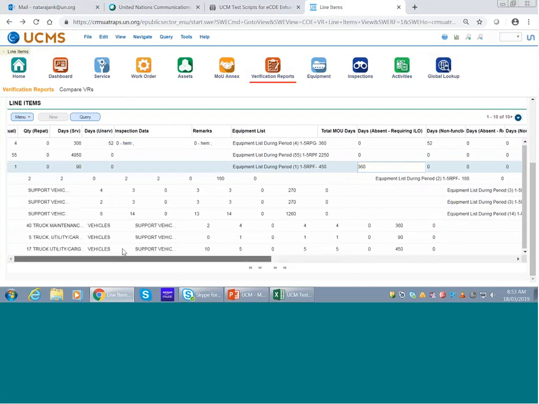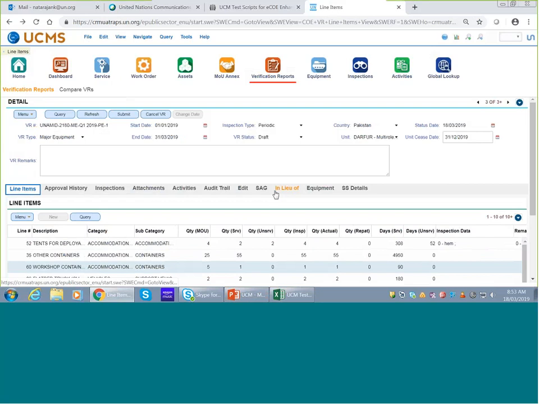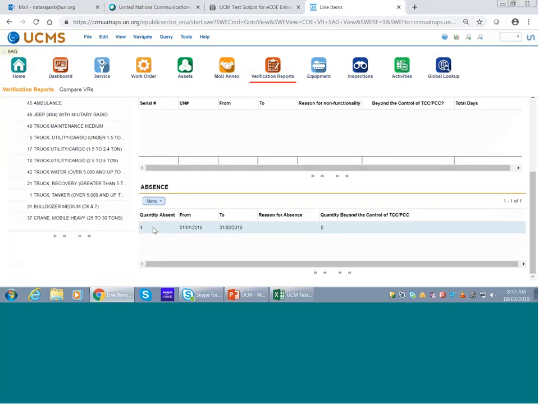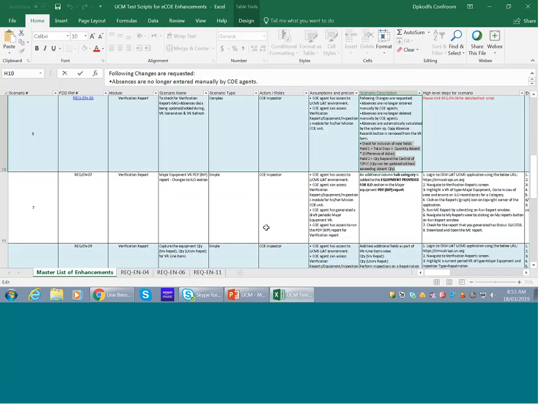360 days. The workshop containers, and if I click on SAG, you would notice that there are 4 quantities that are absent, and you can input this information here. The quantity beyond the control of TPCC, let's say there are 2 quantities that are actually beyond the control of TPCC. You can input that and enter the reason for the absence. So this is as part of the